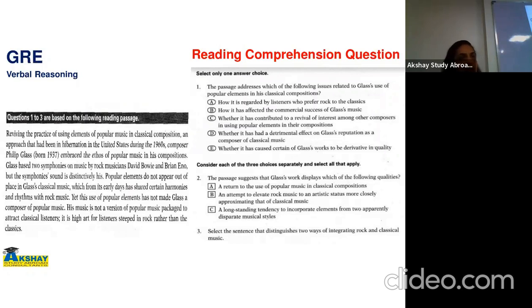So this is another question type, that is select all that apply. And the last is select sentence from the passage. In the sense, you are asked to choose a sentence from the passage that matches a certain description. So you go to that sentence which matches the description in the question, and then just click, and the sentence gets highlighted. Understood? So you come across 3 question types here for passages.